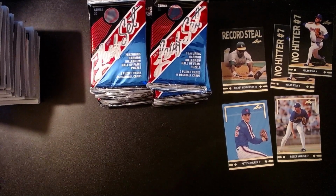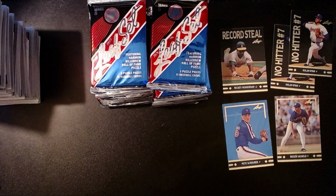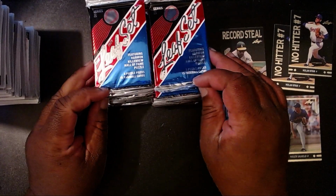Okay, so we are going to finish up with the second half of this particular box break, the 1991 Series